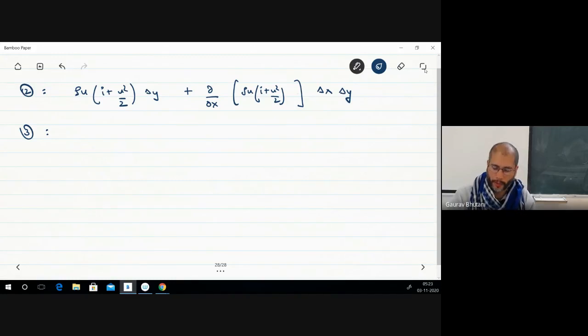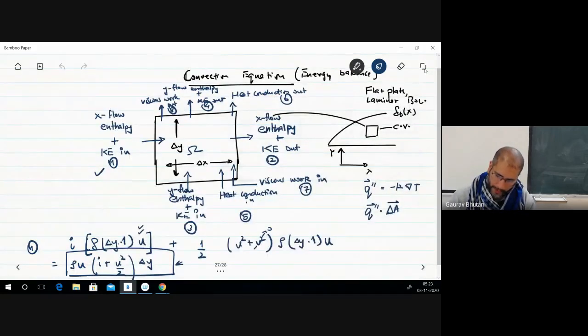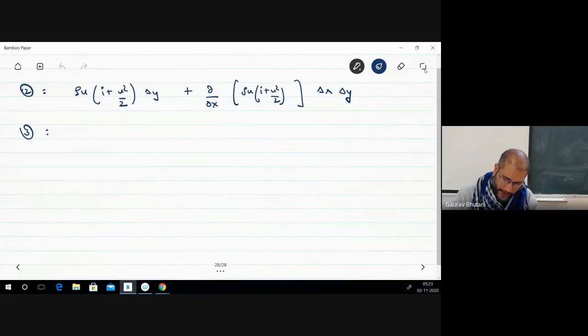Number 3 is what is flowing from the bottom boundary, which is this one. So in the expression, we'll have rho. Now remember this u that we saw earlier emerged when we were calculating m dot, that is a mass flow rate. In this case, we're talking about mass flow rate through the bottom boundary. So we'll be interested in the y component. So when we do a flux dot area, we get this y component. We'll have a v here, and then in this expression you'll have the enthalpy that you are talking about.